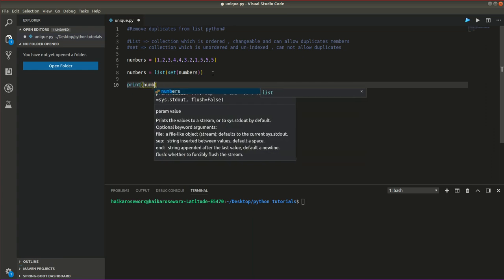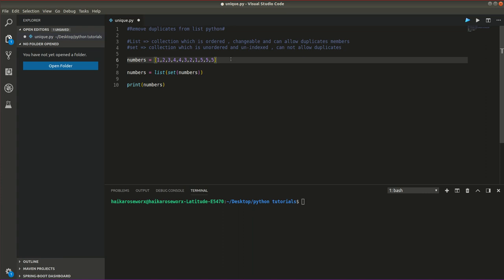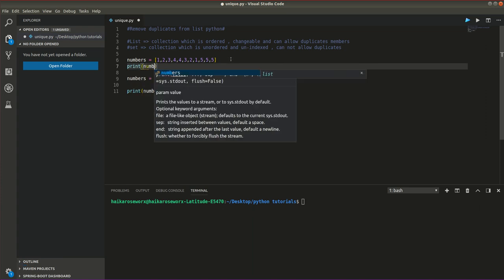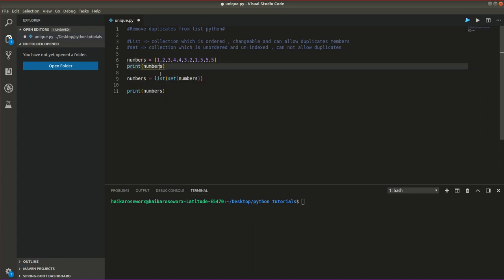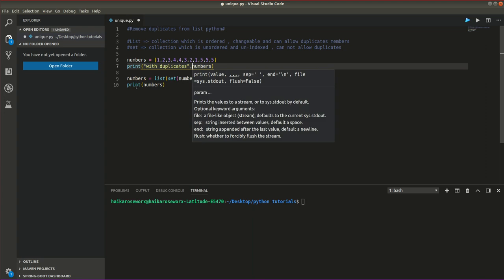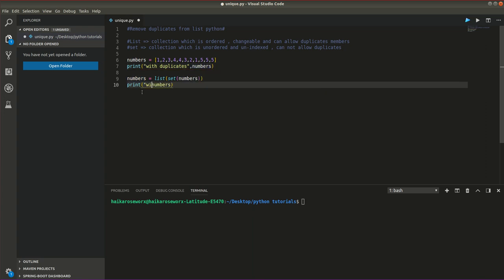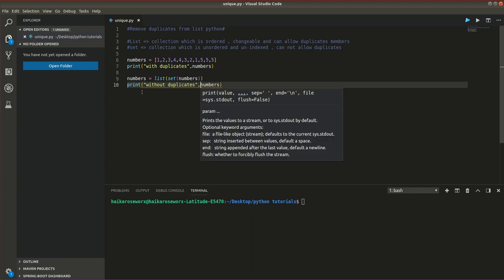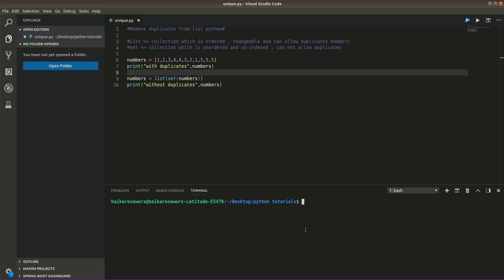So we are going to print numbers, and we're going to print numbers. So here is before we apply the set constructor, and here is after applying the set constructor. So we can say here before with duplicates, and here we can say without duplicates. Okay, so now if we run this code,